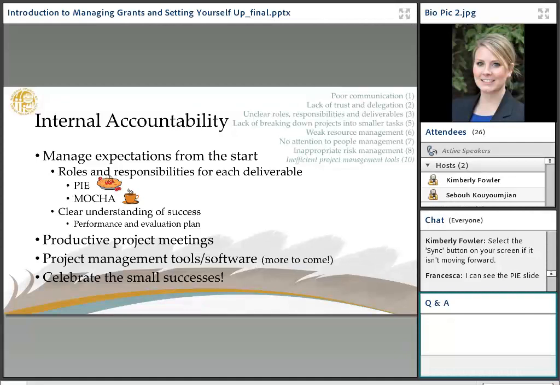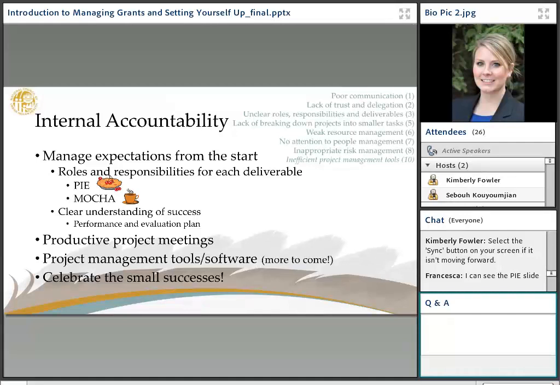But if you can just sit and breathe and take in what all you've accomplished so far. Yeah, you might feel like there's no light at the end of that tunnel, but if you take a step back and see everything that you've accomplished and celebrate those small successes, even if it's that you finally had that work group meeting that took 2 months to plan because it was around the holidays and nobody had time to meet. Celebrate that. You got it done.